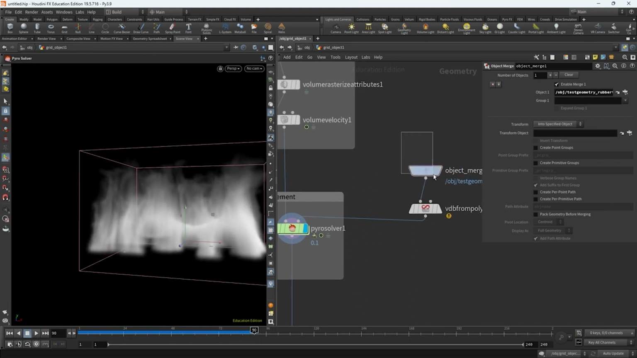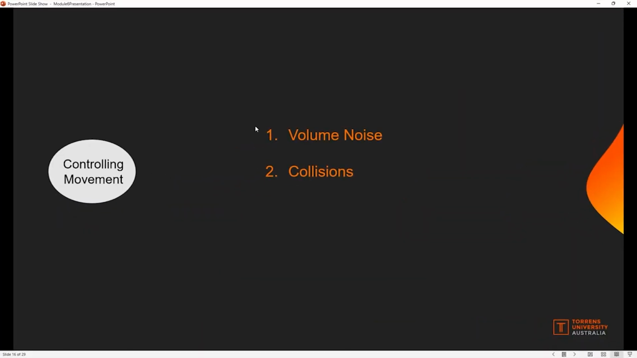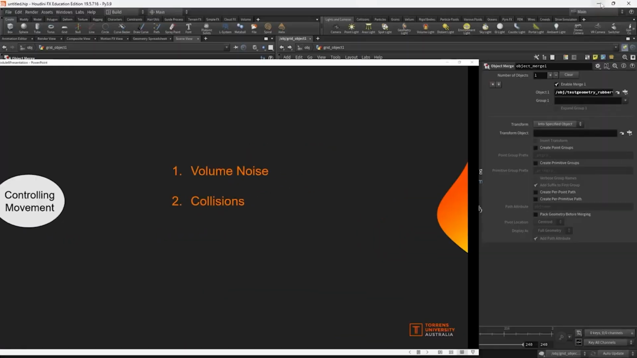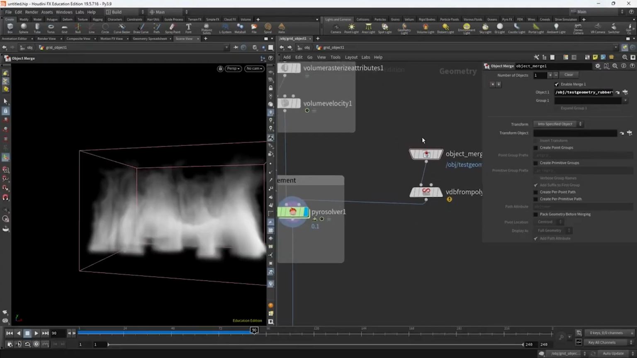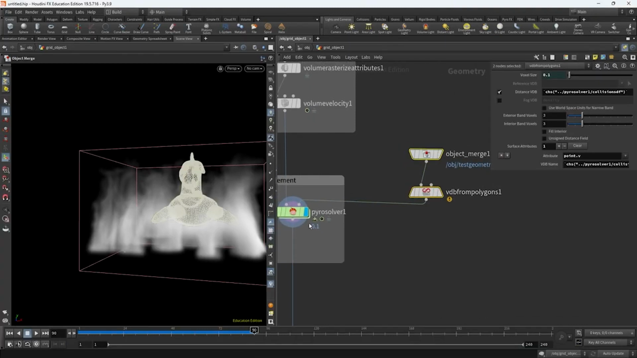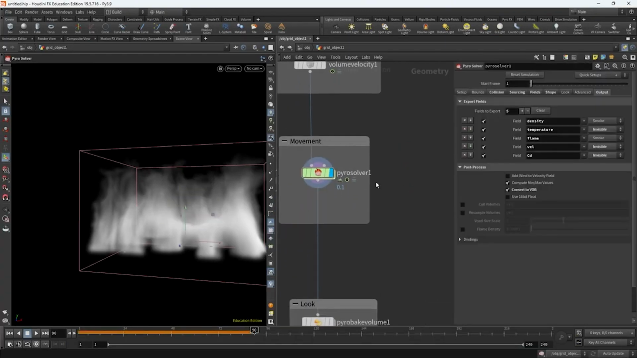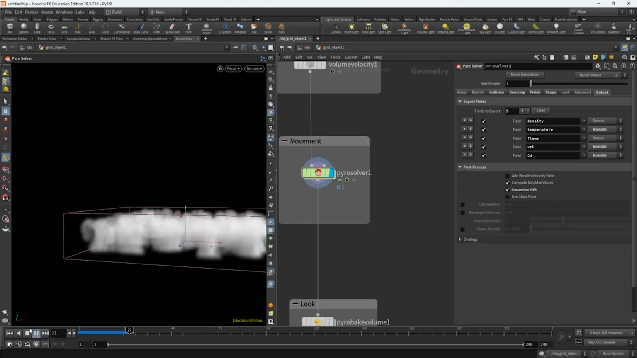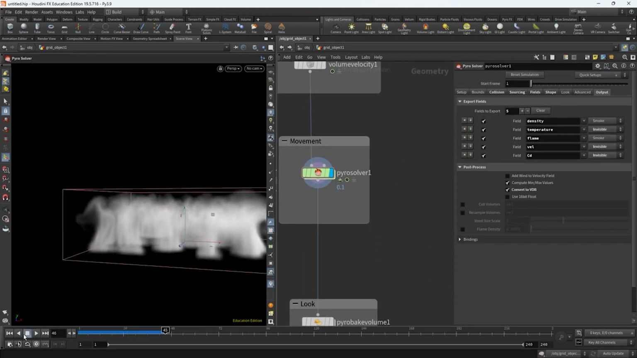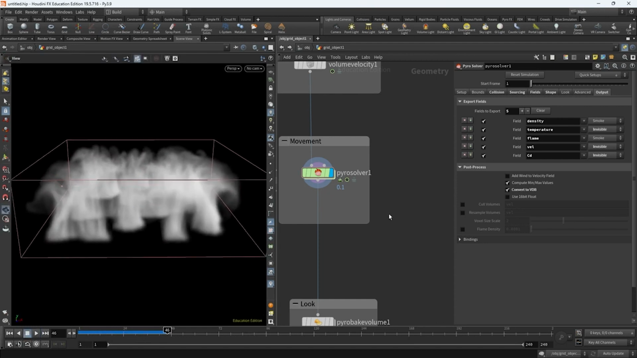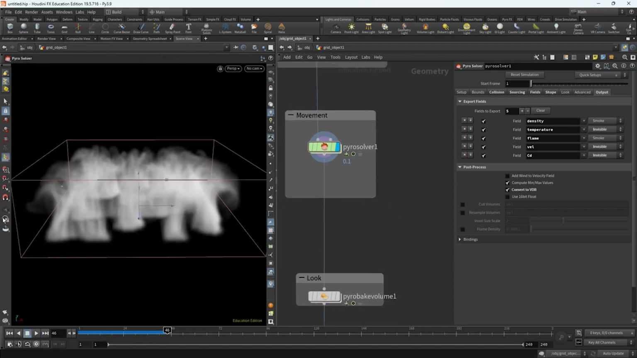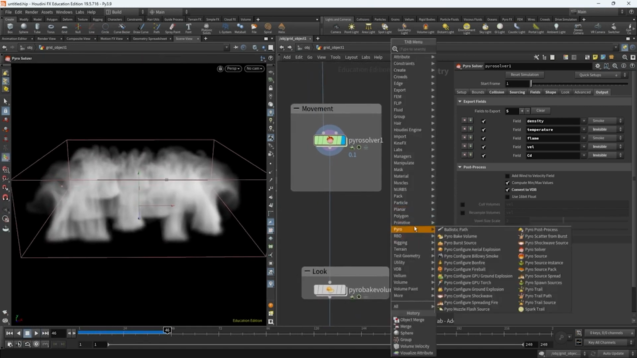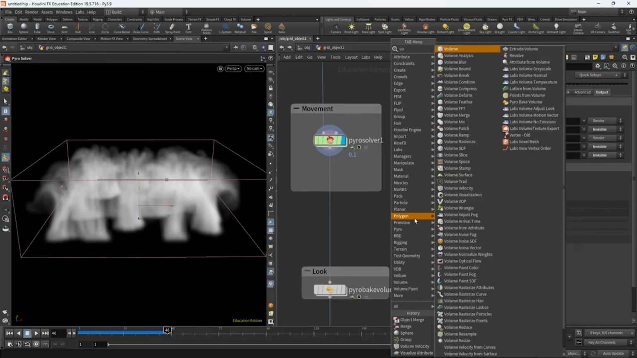So almost done. We'll just cover a few more nodes or techniques with regards to controlling the movement. But let me just explain why this is important very quickly. The fact that they're VDBs, guys, offers a lot of possibilities. Just to show you, what we can do is introduce